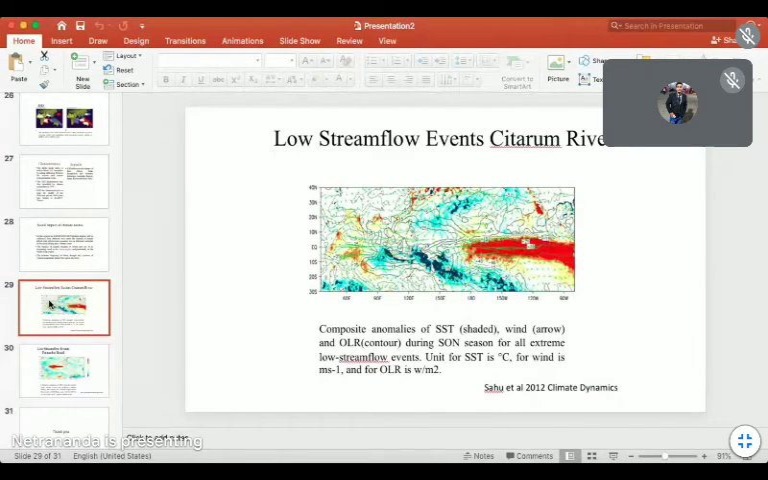I first investigated low stream flow events. Stream flow means river discharge, and low river discharge events mean drought. This was the drought of the Citarum River, an Indonesian river. I first tried to see whether any river within the Indian Ocean rim countries, the countries residing within the Indian Ocean, has its river system influenced by the Indian Ocean dipole movements, positive and negative IODs. I found it was very clearly established, and it was published in 2012 as a PhD paper